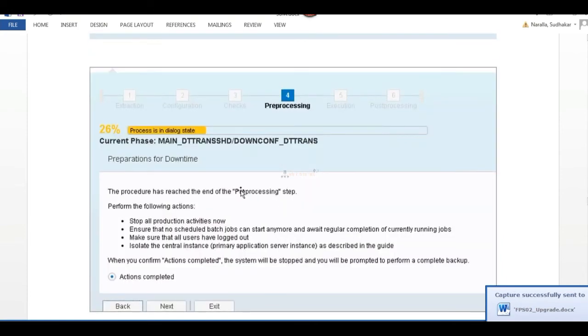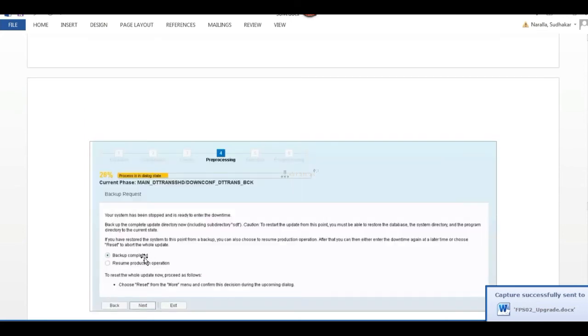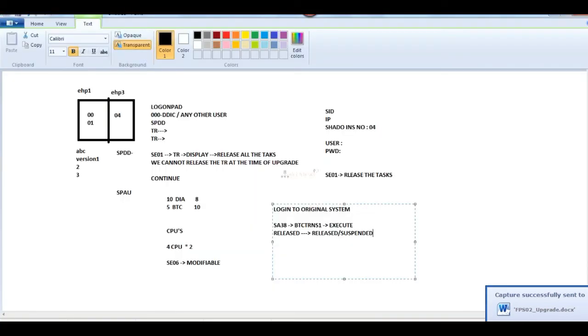See here, now the pre-processing steps. Stop all production activities, this is what we have done just now. Correct. One more step: backup of your upgrade directory. What is meant by the upgrade directory? Where I have executed SUM, in one folder, right? I have created a soft folder, and in that soft folder I have executed the command SAPCAR